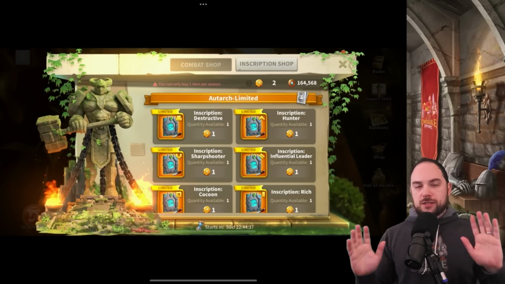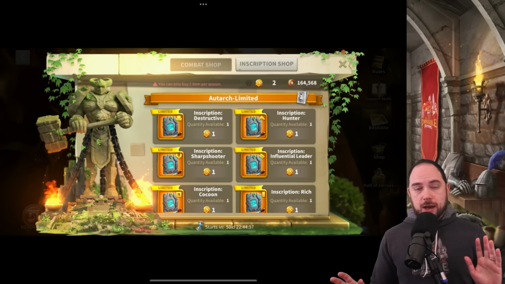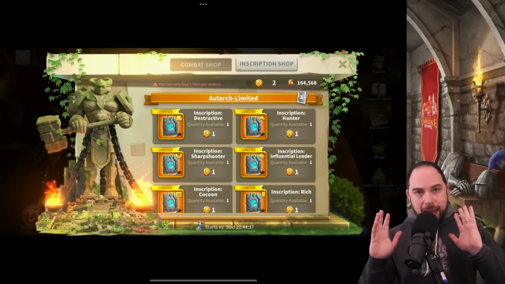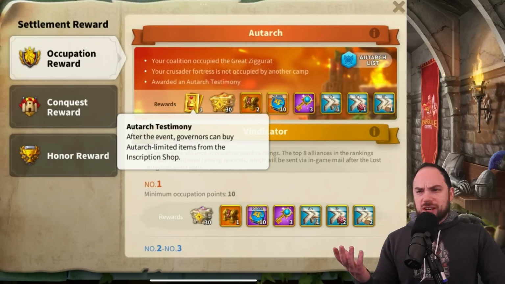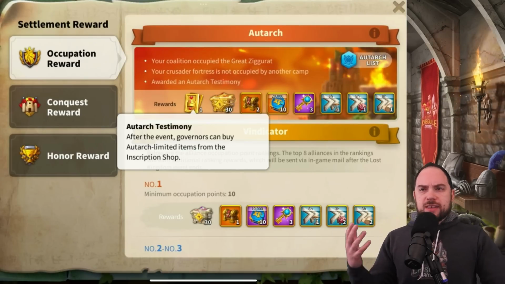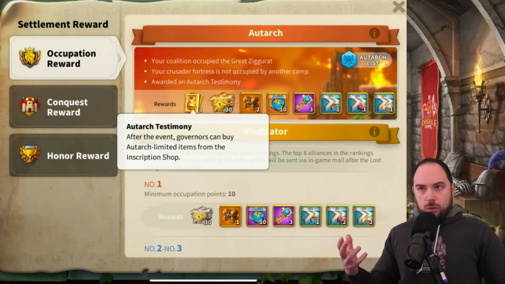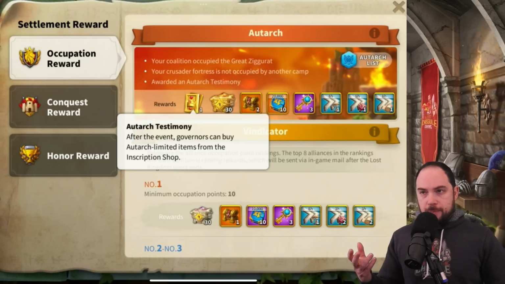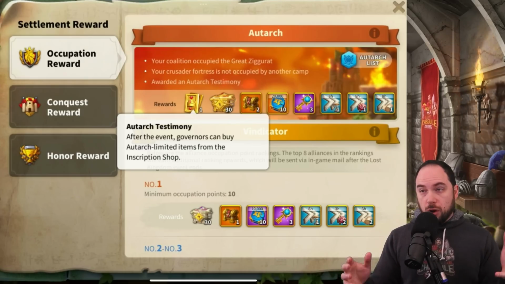But first, let's go back to the Autarch system that I was showing you at the start of the video and explain to you how it works. The developers actually shared a patch note, I think it was a couple weeks ago, explaining the Autarch testimonies, but at the time, I honestly didn't have enough context to really take in what was being said and what was happening. So let me try to explain very simply based on everything that I've figured out so far,